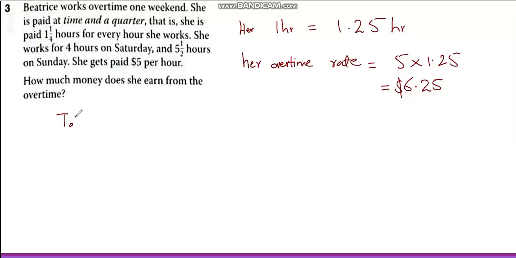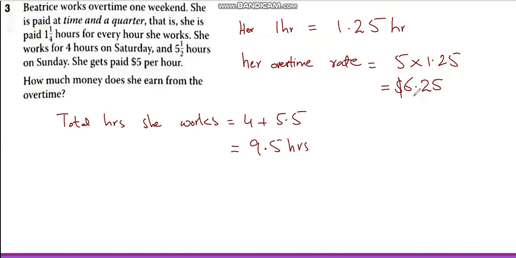Now let's calculate how many hours she works in total. So the total hours she works is equal to 4 plus 5.5 hours. So in total, she works for 9.5 hours. As we know that the per hour rate is $6.25, let's calculate the total earning. The total earning will be equal to 9.5 times 6.25, and that will be